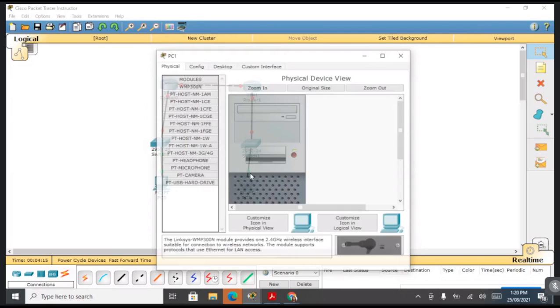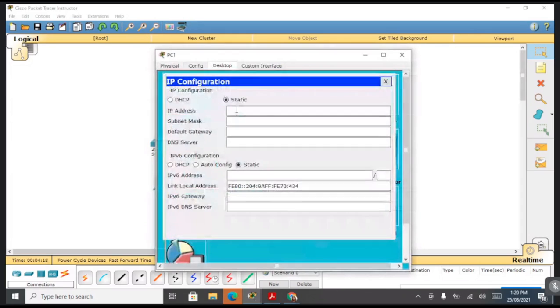Same on PC1, that is 10.0.0.2. Enter. We get the subnet mask default, 10.0.0.1. This is the default gateway.